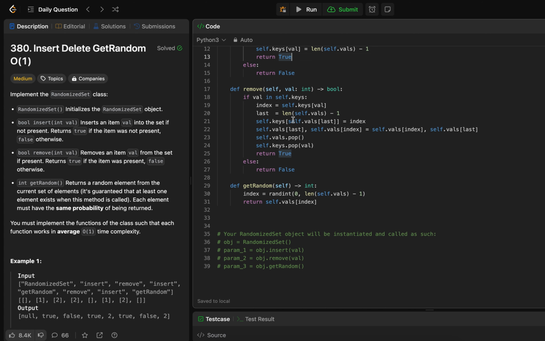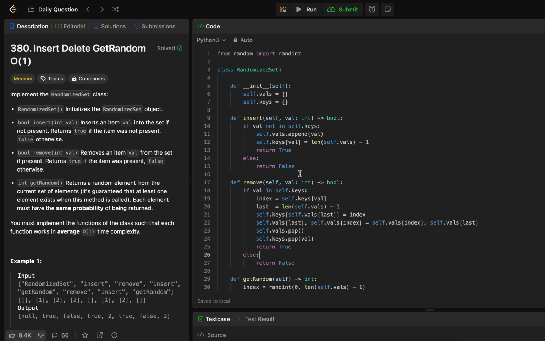And to remove, find the index to remove, exchange it with the last item in vals, and remove the last item. So that's it. Let's check tests,